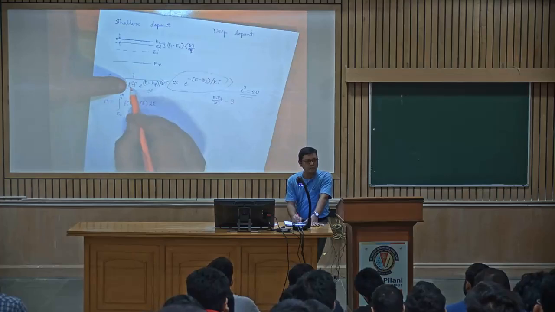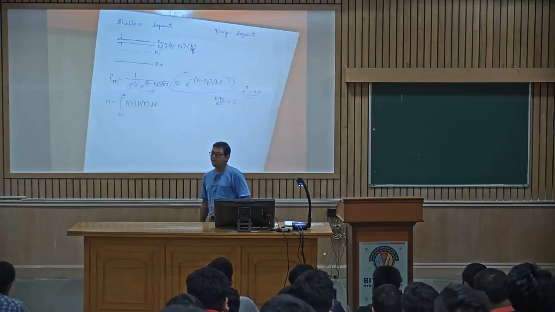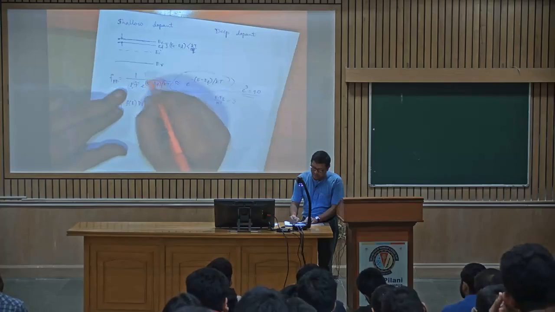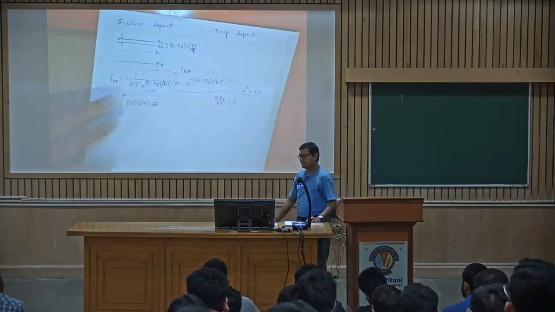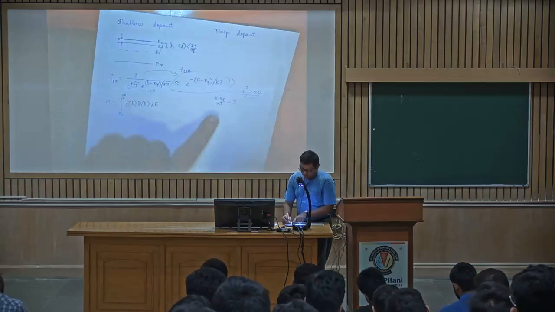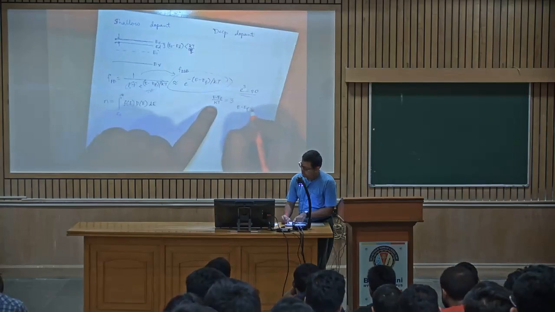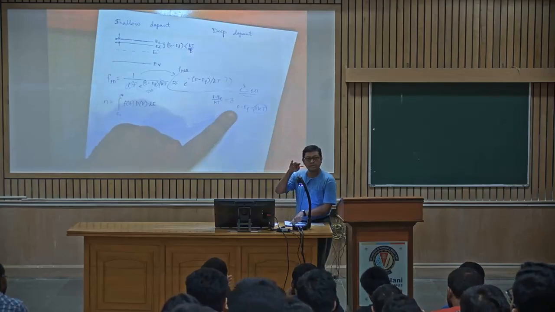What is the error introduced? 1 upon 20, which is a very small value. That means the FD statistics goes into Maxwell-Boltzmann statistics, like free gas molecules. So what is this now? E minus EF is equal to 3kT. That means the energy states